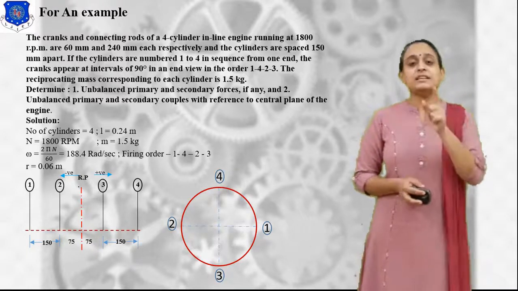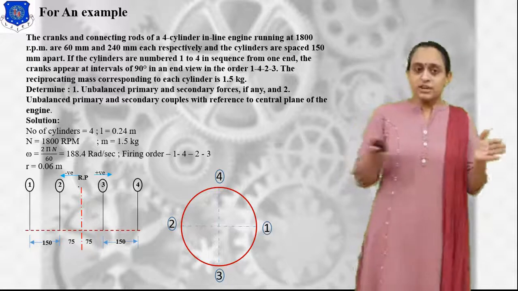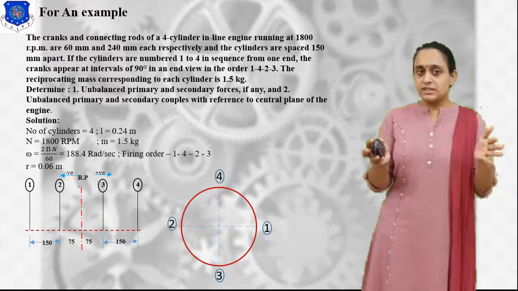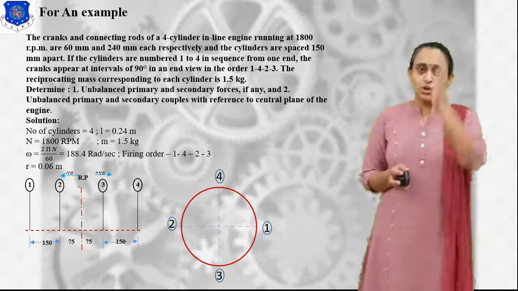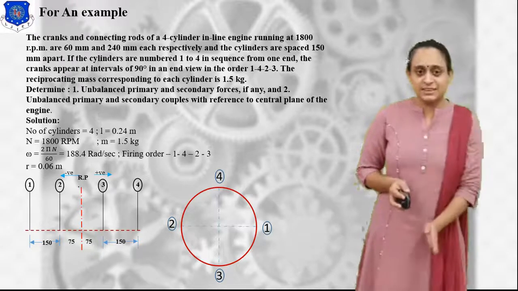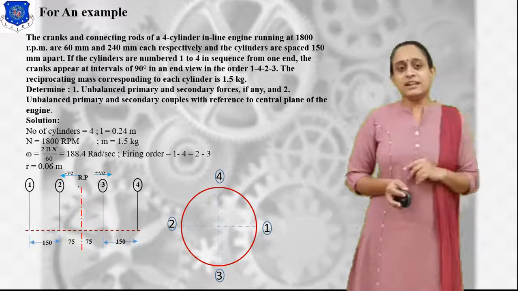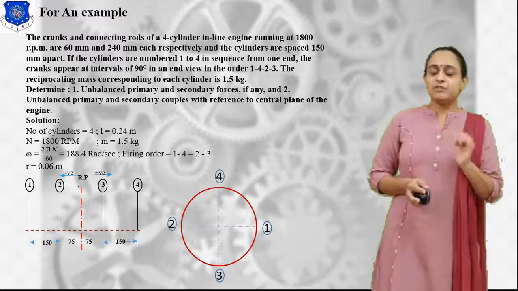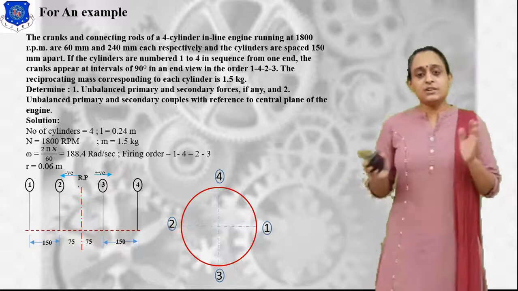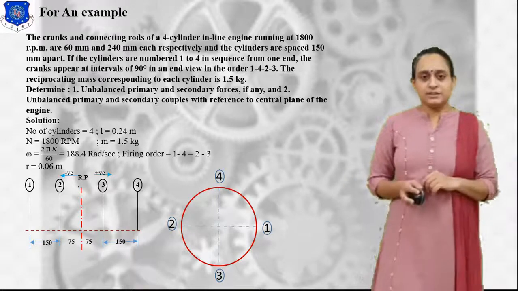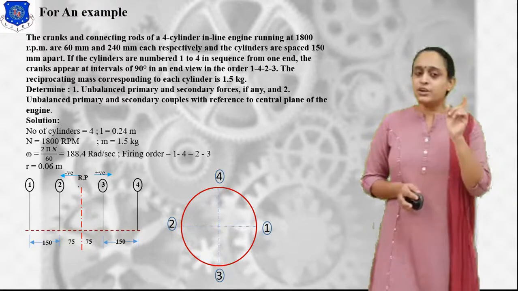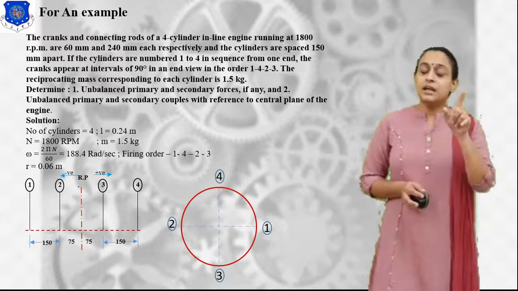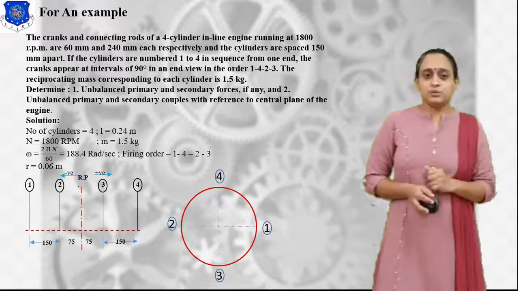What is the reference plane? It is the central plane of the engine. So here we have masses 1, 2, 3 and 4. What should be the central plane? The very midpoint of 2 and 3, the perpendicular bisector of 2 and 3. Okay, so here there is a diagram. From this reference plane we have to take length positive on the right hand side and negative on the left hand side. Let us draw this diagram. You have to pause this video and draw both of these diagrams, the plane position as well as the crank angle position. Now let us make a table.